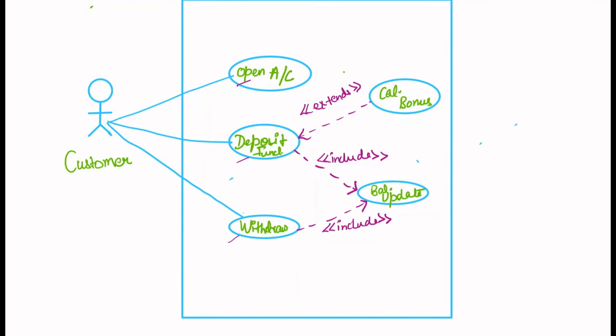Likewise, for depositing funds, the extend use case is calculating the bonus. Calculating the bonus applies above a certain range, meaning above so much deposit money you will be calculating the bonus. So it is an extended feature. This is how we create the use cases and depict the relationships among them. I hope you understood how it works, and you will be able to make a use case diagram for your problem statements